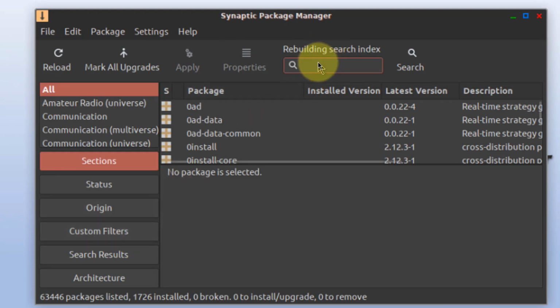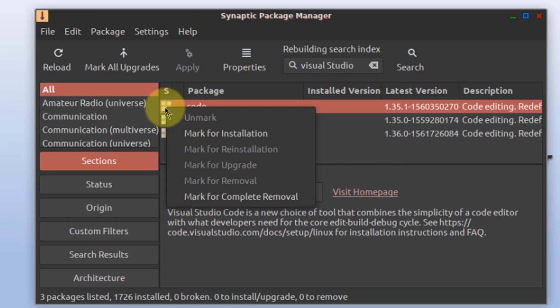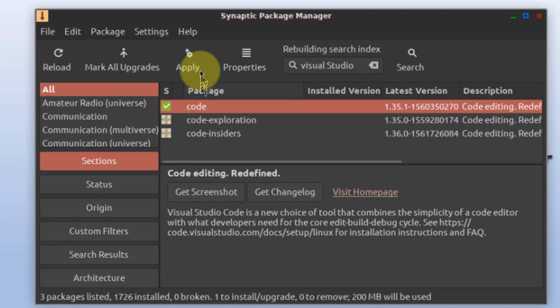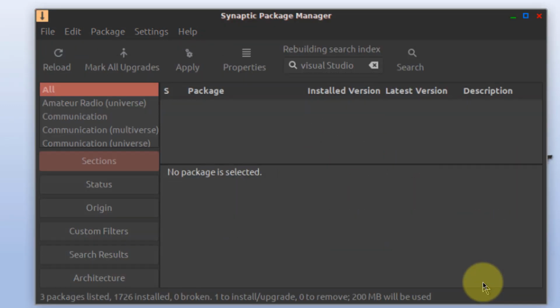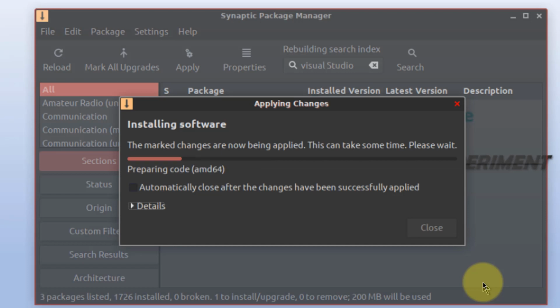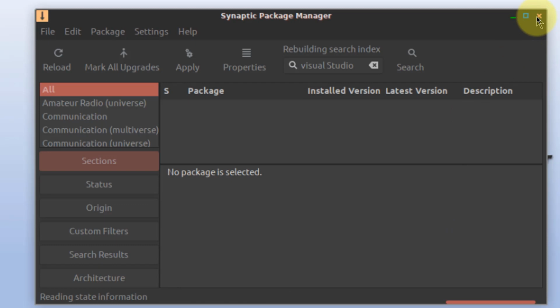Now we will type in Visual Studio. And the package we want to install is just called Code. So we will click on that and mark it for installation. And then we'll apply and say yes, apply. And now the Visual Studio Code and any other packages that might be useful will be loaded and configured. Changes have been applied. We will close this, close the Package Manager,